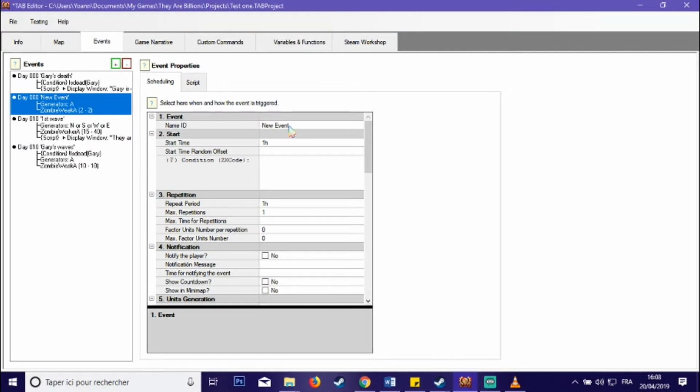Here I have a new event. I would suggest you change the name ID of the event. It doesn't matter, since it's only something that will help you to find your script. So for example, we will say second wave, because we already have this first wave. Or we can say that this is the first wave. Anyway,